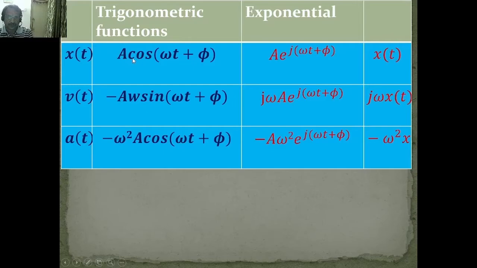We have a trigonometric solution a cos(omega t plus phi), its derivative, and its second derivative is the acceleration. So in the exponential notation we will write e power j(omega t plus phi), and if we take the derivative, only the j omega comes and multiplies the amplitude, and if we take the second derivative to get the acceleration, we get minus a omega square. But if you look at here, x of t, and v of t is j omega x of t, and a of t is minus omega square x, or that is j square omega square x. Now this can be beautifully visualized using a